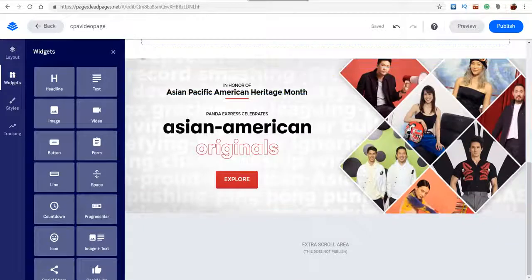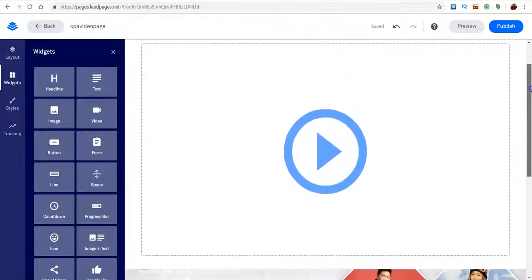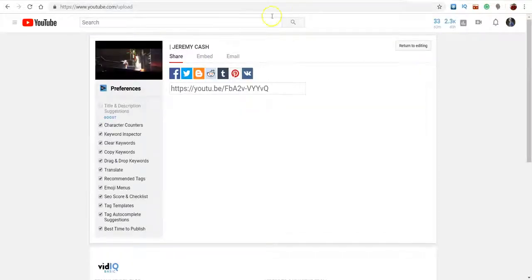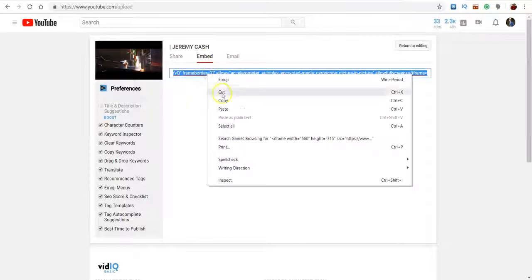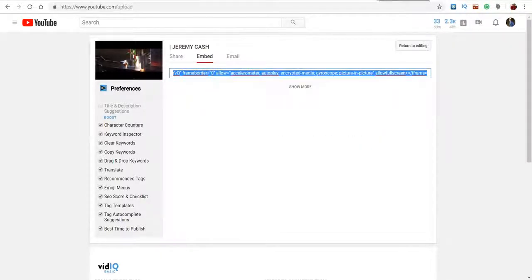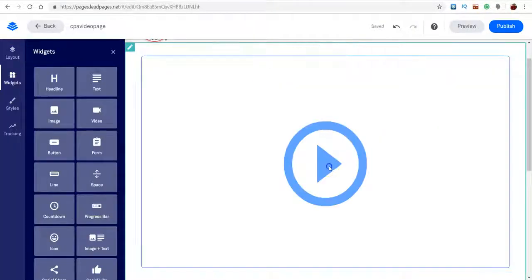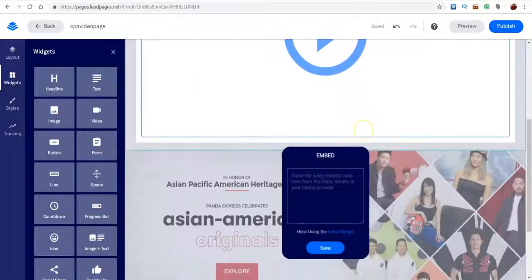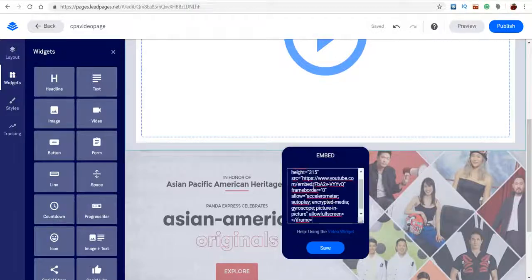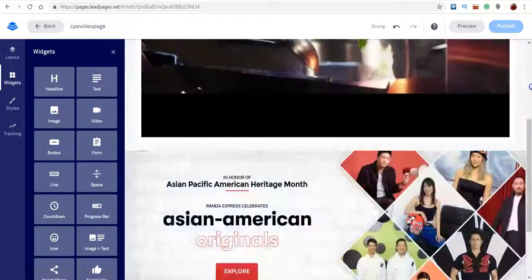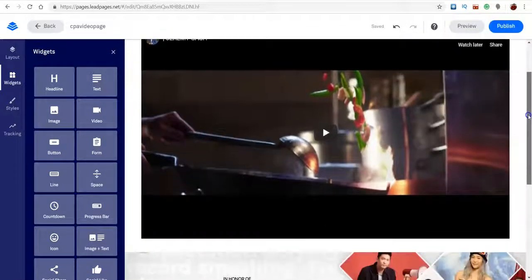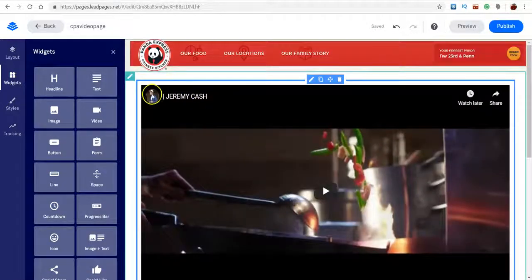Okay, so first let me add the video, since the video should be complete now. So the video is complete. I would just click embedded and copy this code, then come to my lead pages, click on the video portion, scroll down, and you'll see embedded right here, and then you just paste that code there, and now you have yourself your video, right? So you see what I'm saying? I would actually remove this,